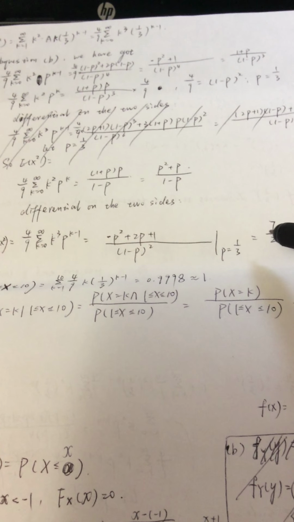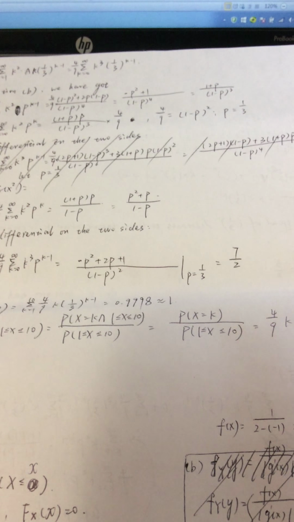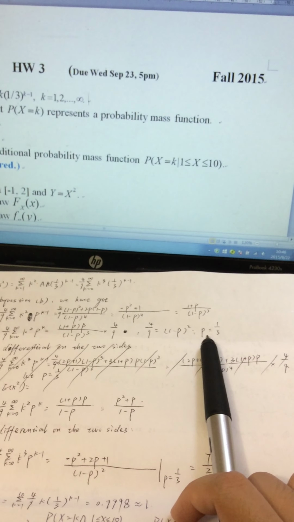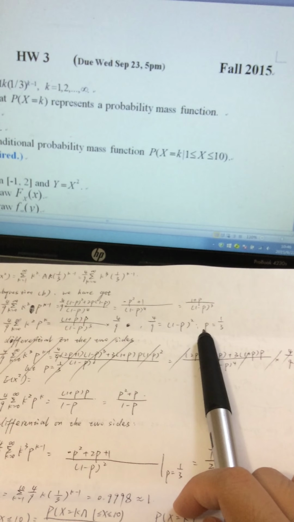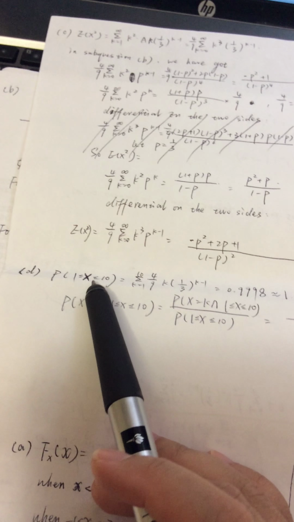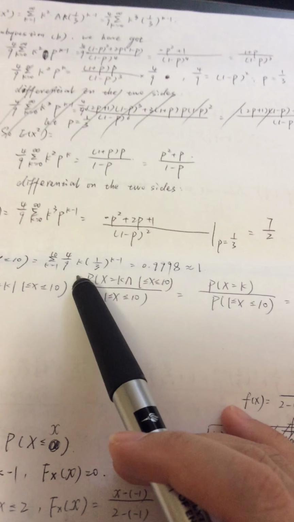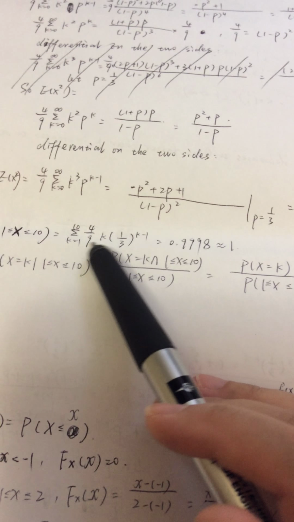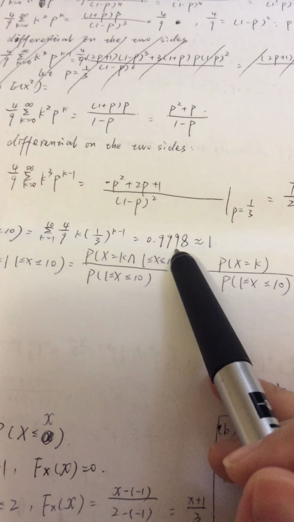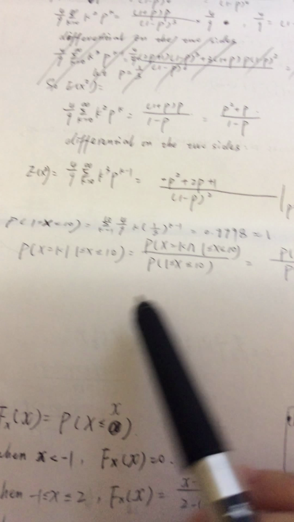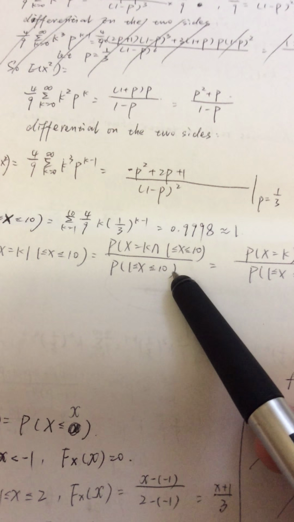And the last question, find the conditional probability mass function when x is greater than 1 and less than 10. Find the probability of x equals k. First, we have to calculate the probability of x being greater than 1 and less than 10. I separate the accumulation. We can get the value is nearly equal to 1, which means the denominator is 1,